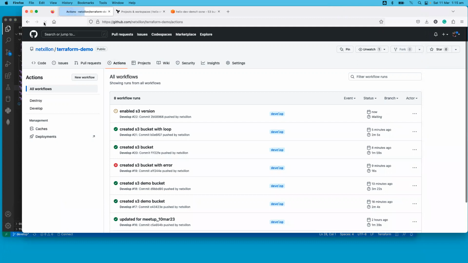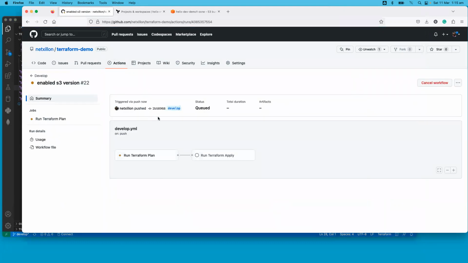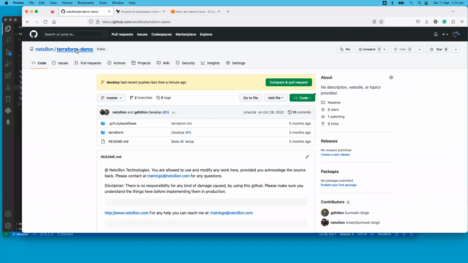Refresh it. Now you will see that commit has been pushed. It executed. So how it is running for, I think I see a few people joining in late,